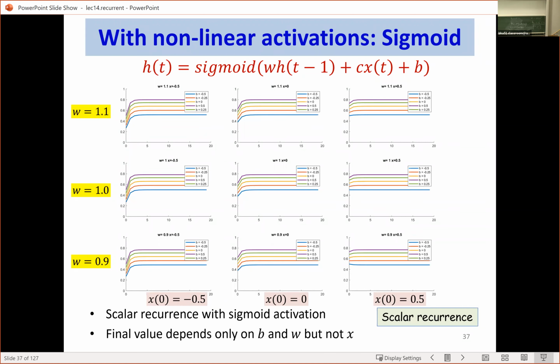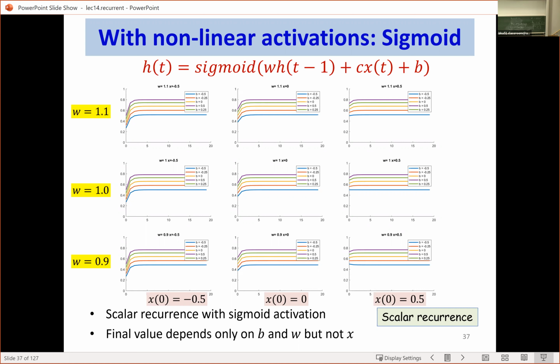Does that depend on x_0? Does x_0 occur in this equation? No. So what is the value of h where it stabilizes? It's a function of W and b, correct? So I can actually write this out. This is some kind of an equation where I'm solving for h, and the terms that affect the solution are W and b, right? So what happens is that the final value that you get depends only on b and W, but not on x,